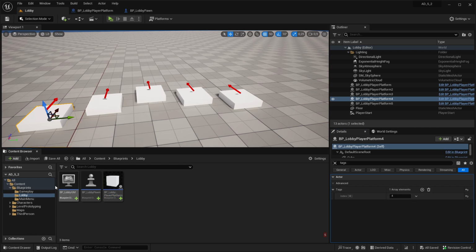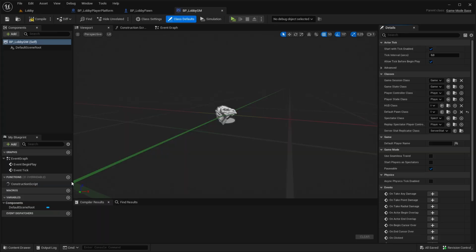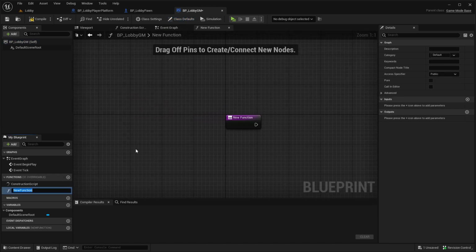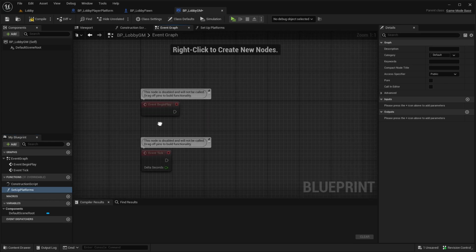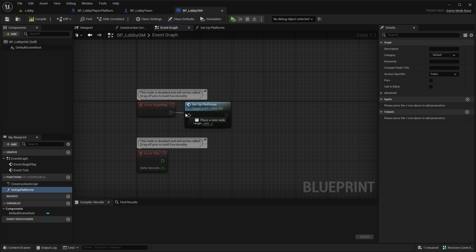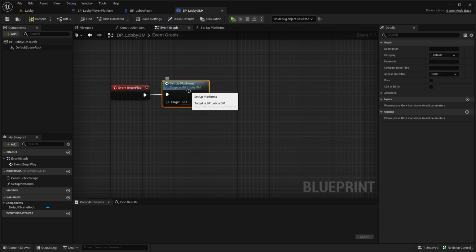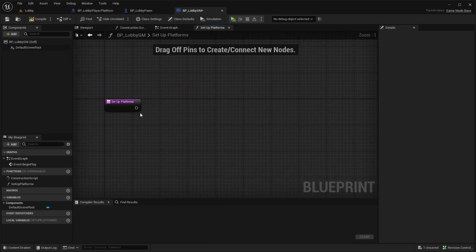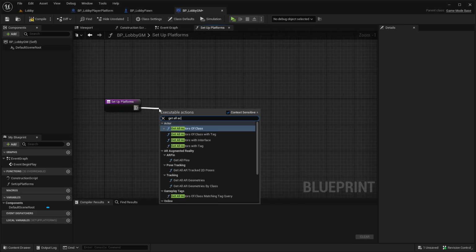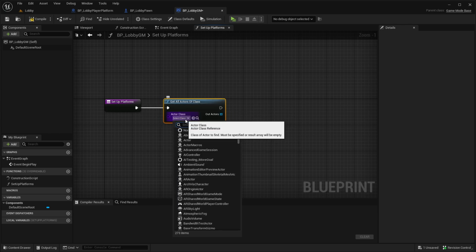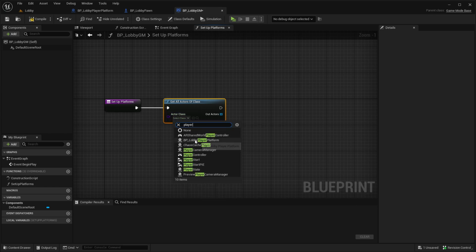So the next step is happening in our lobby game mode. So I'm going in here and creating a new function, calling this setup platforms. Then going here to the event graph and making sure this setup platforms function is called on event begin play. So opening this function, and here first I'm getting all actors of class, searching here for the lobby player platform,